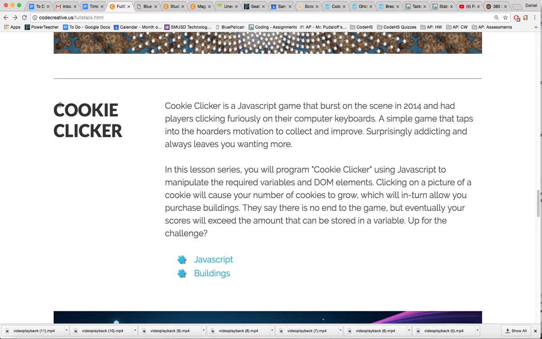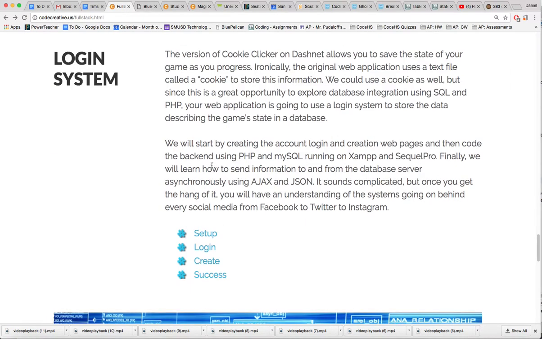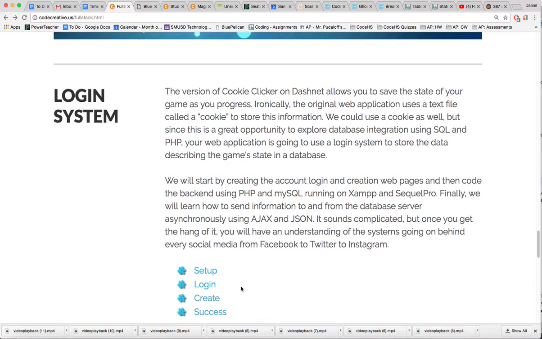Anyways, so then they build Cookie Clicker, and then they build a login system, right? But to build a login system, you need to build an account creation system. So in this lesson series here, I teach them about database interaction, SQL, and PHP to handle the data coming in from the form on the HTML side, coming to the server. And then we use PHP to insert it into the database and also extract the information from the database. PHP is